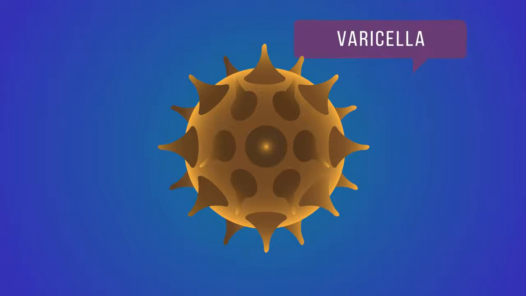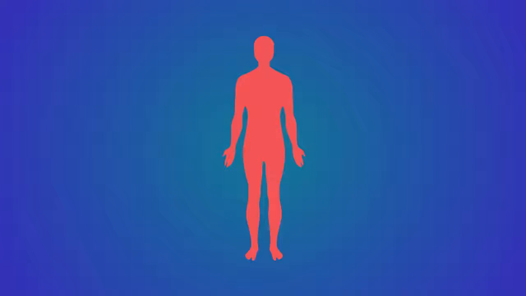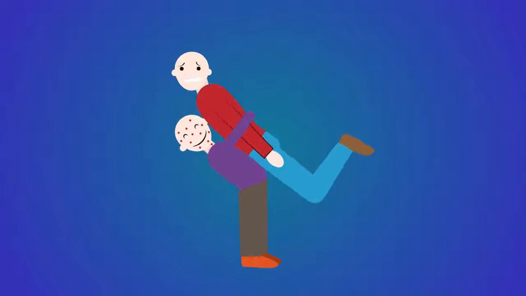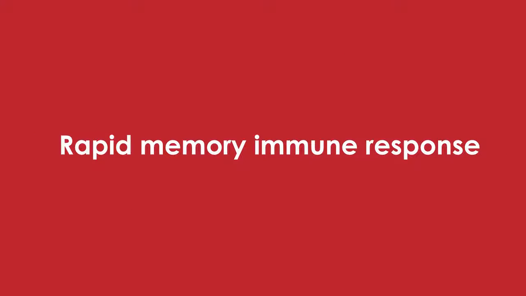For example, the varicella or chickenpox vaccine involves injection of a weakened version of the varicella zoster virus. In healthy individuals, this weakened virus will not cause chickenpox symptoms, but it will activate an immune response. As a result, when the vaccinated individual comes across the varicella zoster virus again, for example from a person infected with chickenpox, he or she will mount a rapid memory immune response to the virus and will not develop chickenpox